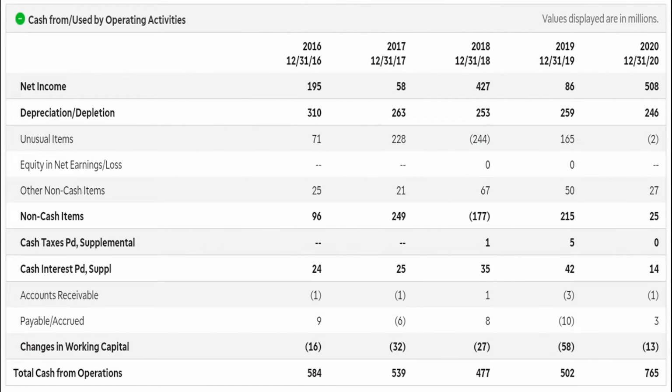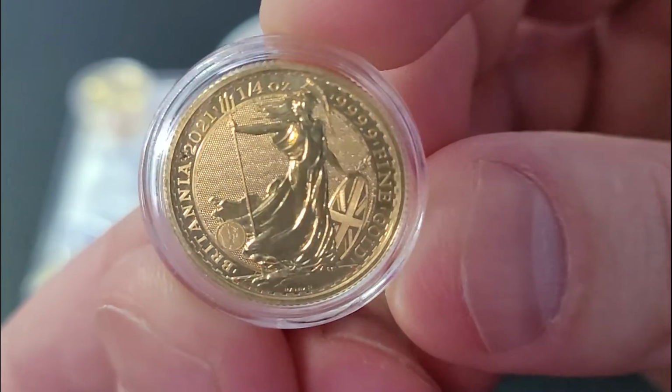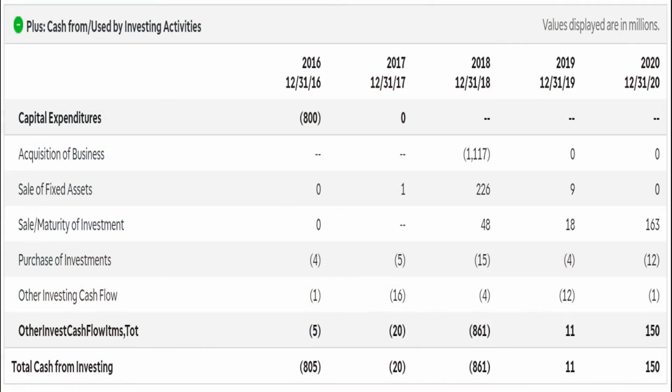Here we look at cash generated by its business operations, which we can see has increased now from 584 million in 2016 up to 765 million in 2020. That's taking a look, obviously, at the total cash from operations down at the bottom of the screen. Now we look at the company's cash from investing activities, and we see that for the most part,